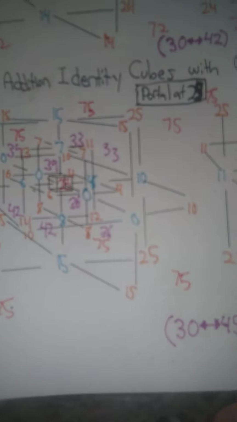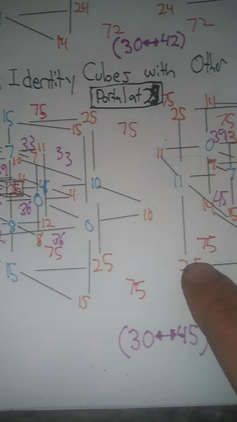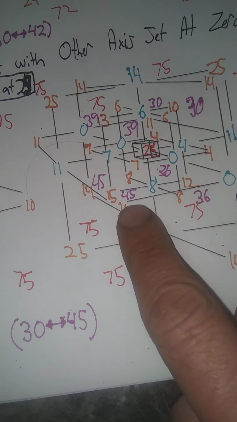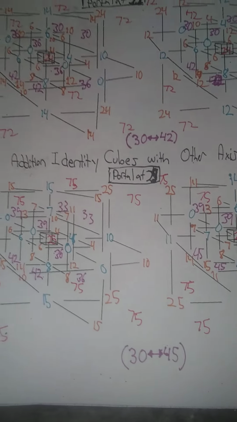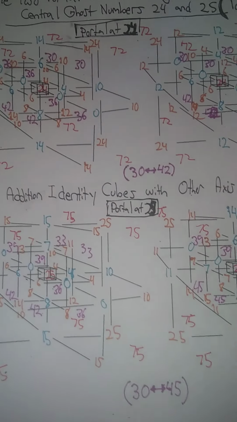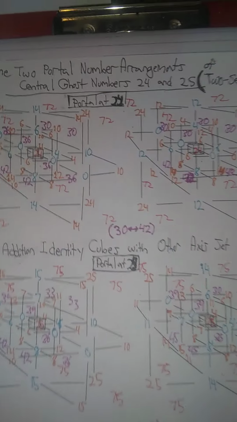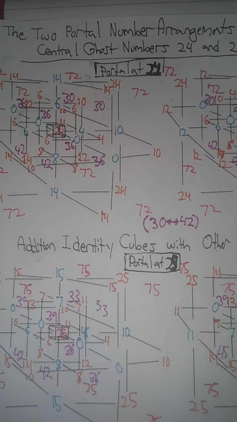And for the domain of 25, these range elements have a span from 30 right here to 45 right here. So I don't know exactly what all this means, but those are what I'm classifying them as, the range elements of the domains of